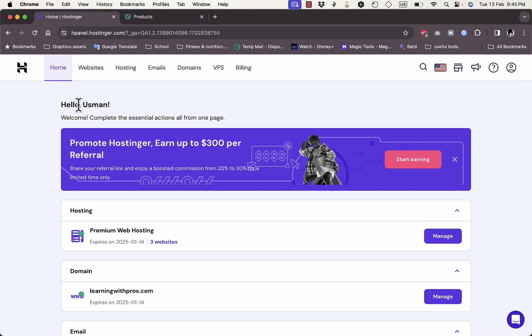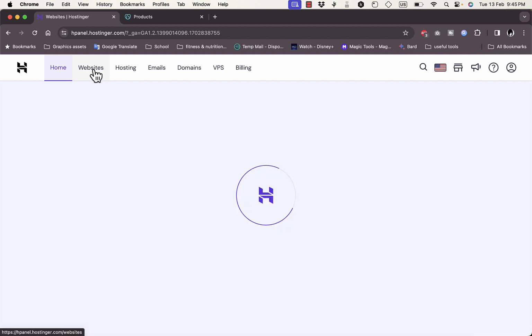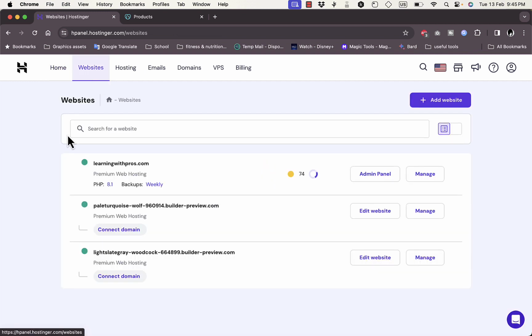And to start building your website or adding a domain name for your existing website, you need to be signed in to your Hostinger account. And I'll need to go to the websites tab here from the menu at the top. And in here, I'll see all my websites that I created. Here, as you can see, there is one that I created and connected a domain name to